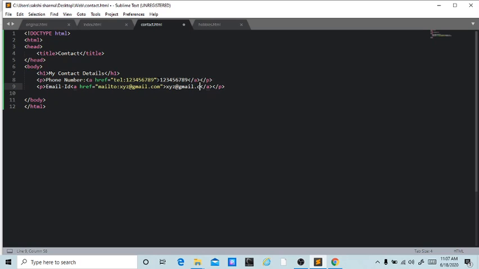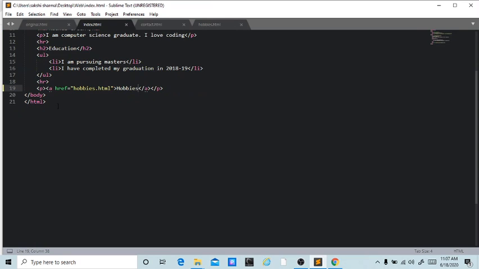Now let's hit save and refresh. Before that, don't forget to add that contact.html file to your index.html, otherwise it will not run.